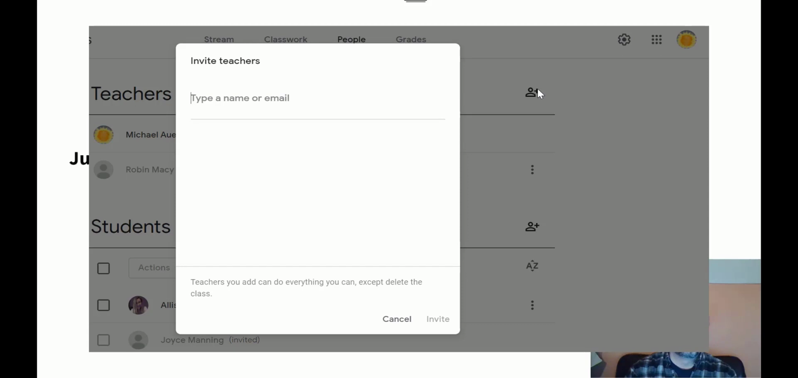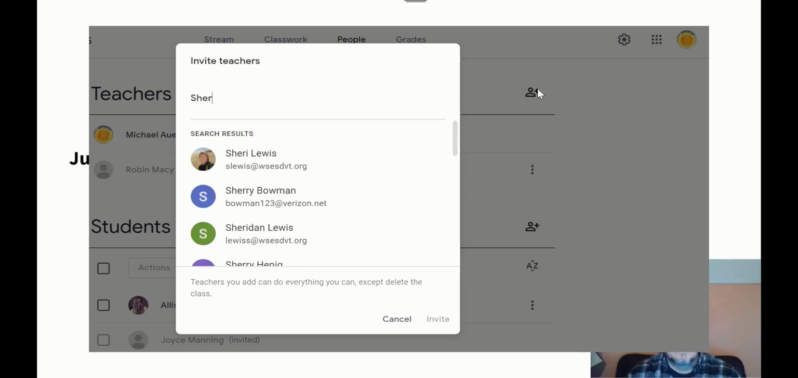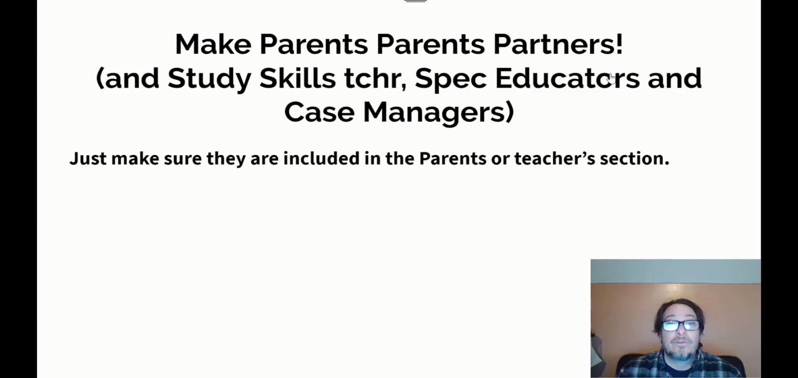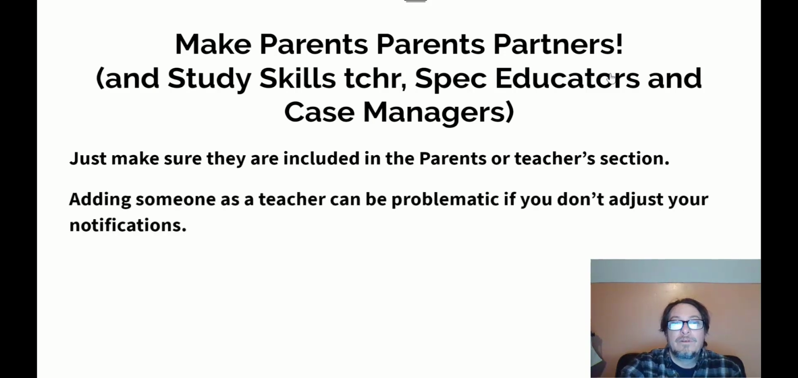This is really important with special educators, case managers. Sherry Lewis or Seth or somebody might want to be able to monitor what's going on with that student. So the thing that you want to be sure of is, as you do add somebody as a teacher or a guardian,